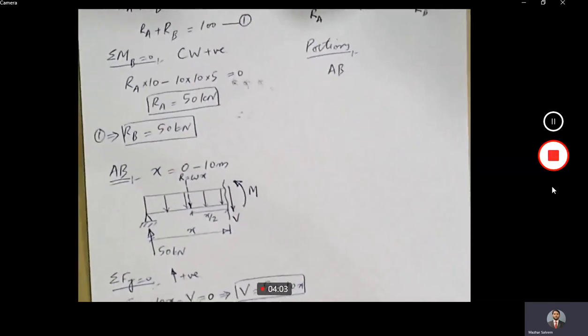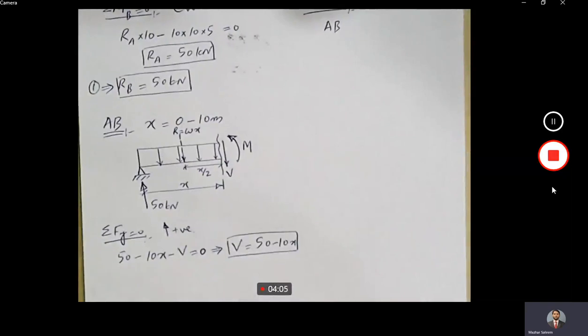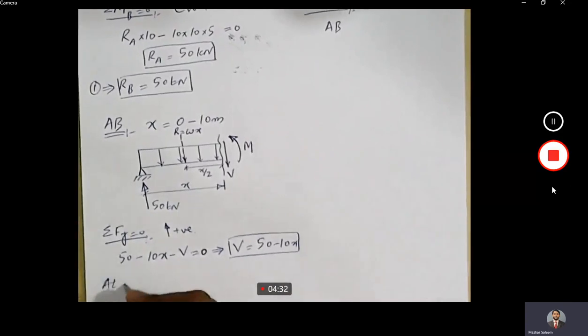Now, unlike the previous problems where we had just a point load acting on the beam and the shear force was constant, in this problem we have a UDL and the shear force is also varying along the length of the member. How do we know that? We know by looking at the expression of V. In this expression we have x. X is the distance. So it means that as the distance is changing, the shear force is also changing in the member. So we will say at A,